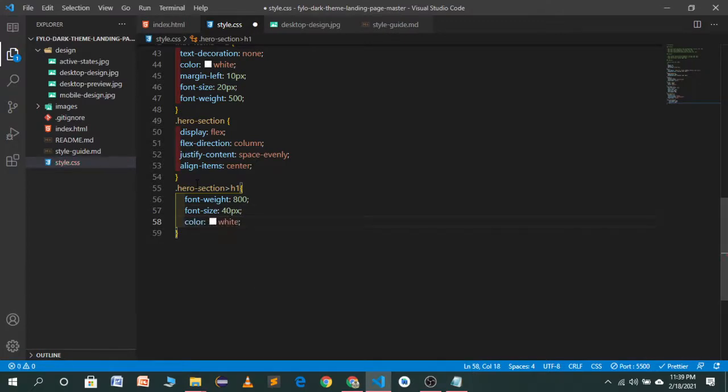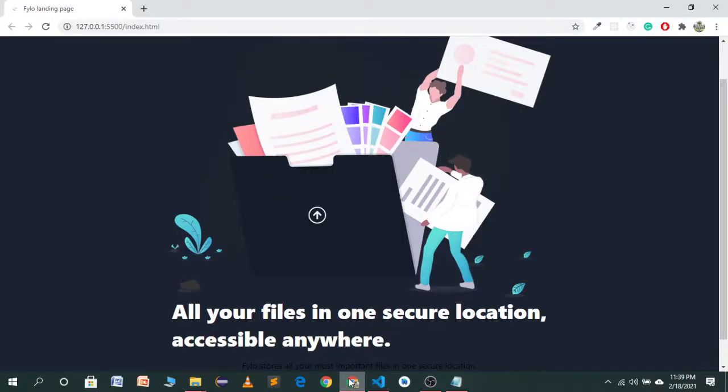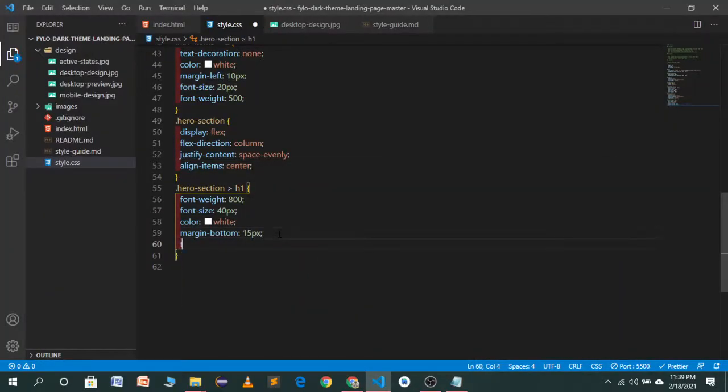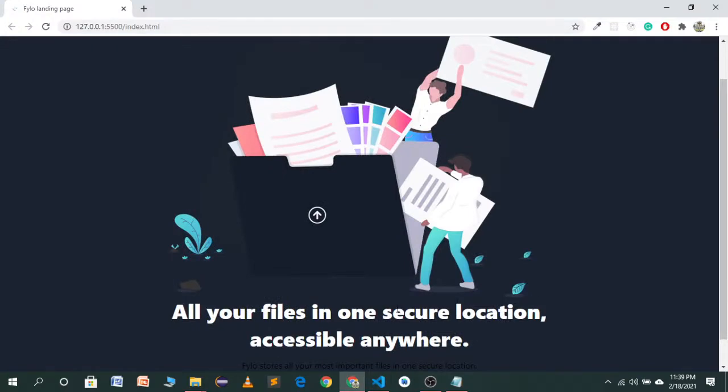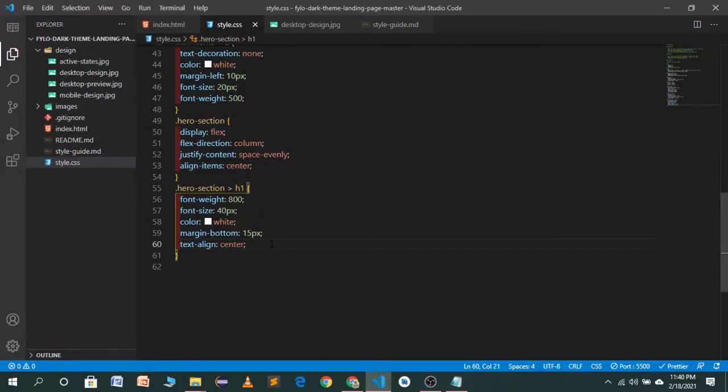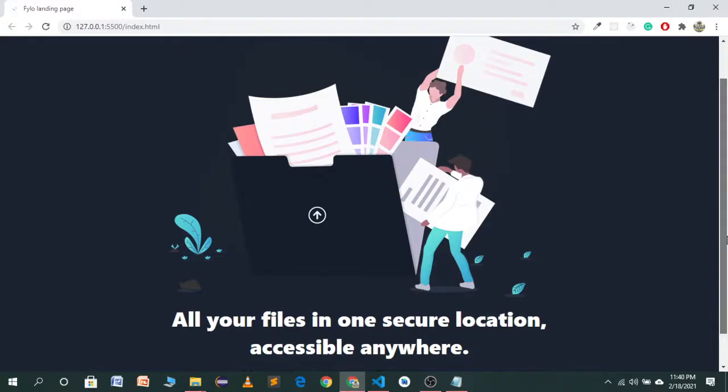Color will be white, and margin bottom will be 15 pixel. Let's see how it will affect. We also have to use text align center. So now you will see it's looking beautiful, but we also want a margin top with our image. Margin bottom has 15 pixel, so we will also use margin top of 15 pixel. Now you will see it is looking beautiful.